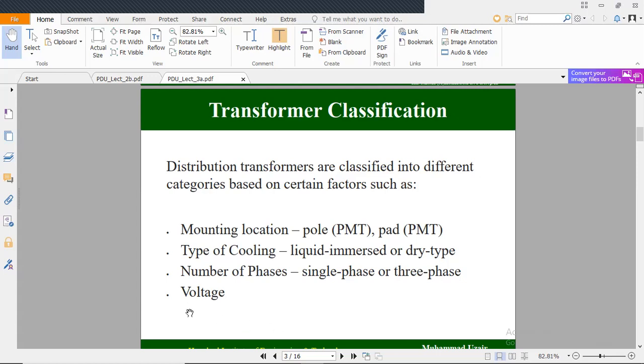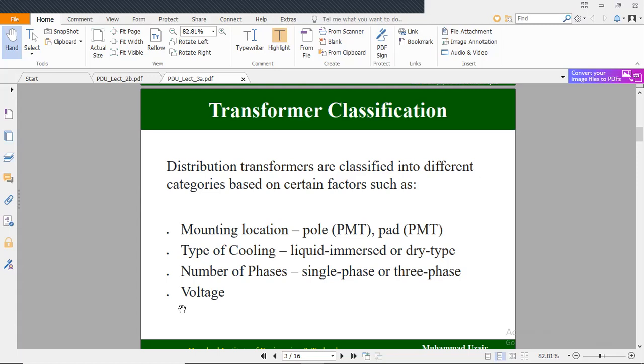Voltage category is also available there. Voltage is categorized by line voltage and phase voltage, and I think you know this. The connection-based difference in distribution transformer between delta and star: in delta, the line voltage and phase voltage are equal, but in star connection, the line voltage is root 3 times the phase voltage.